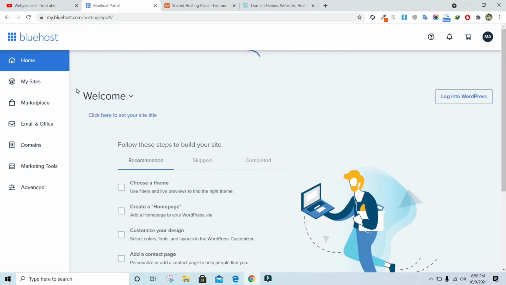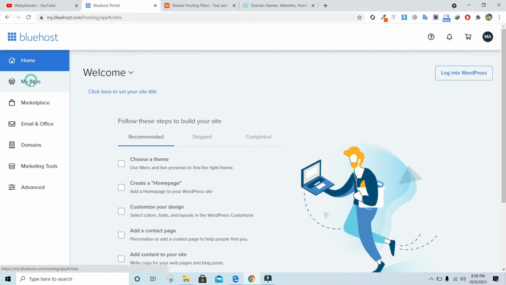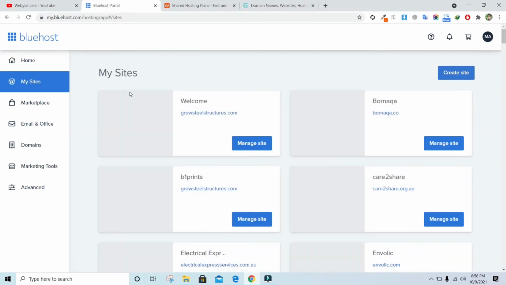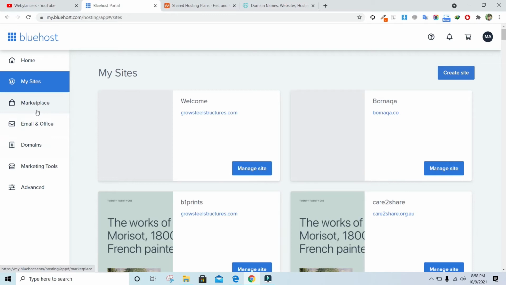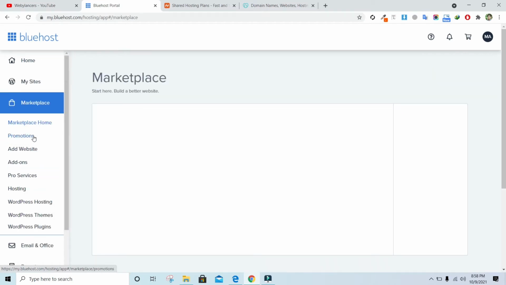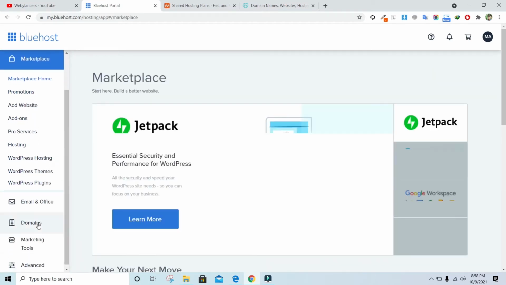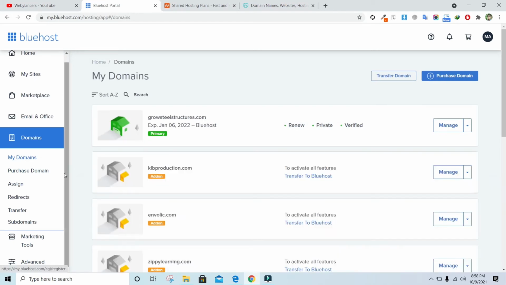So here's the dashboard of Bluehost, which offers different things. There is a home button and a My Sites button, for the sites which we are creating, and the same for the marketplace, and then email and office, domains and other stuff.